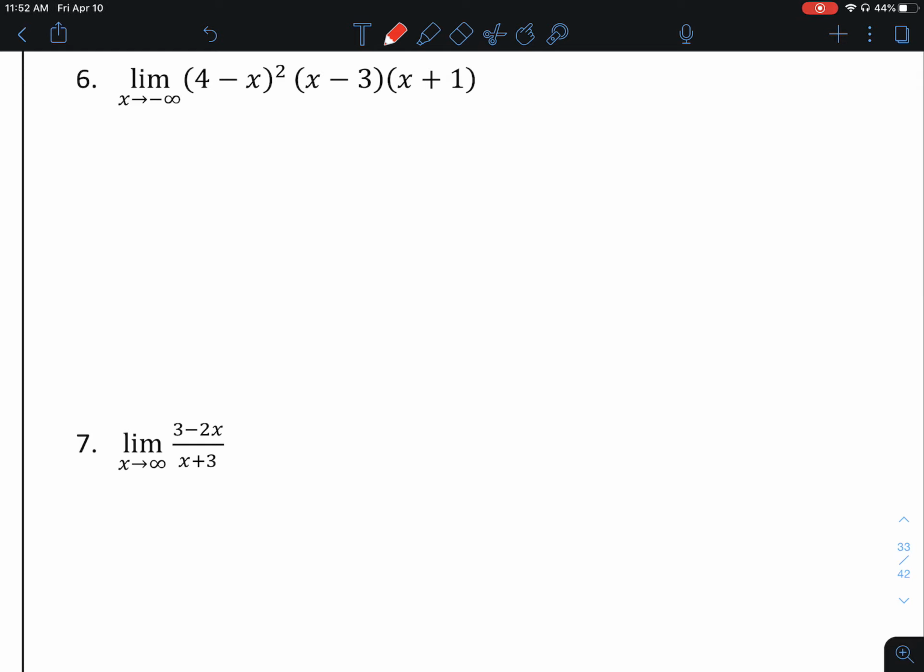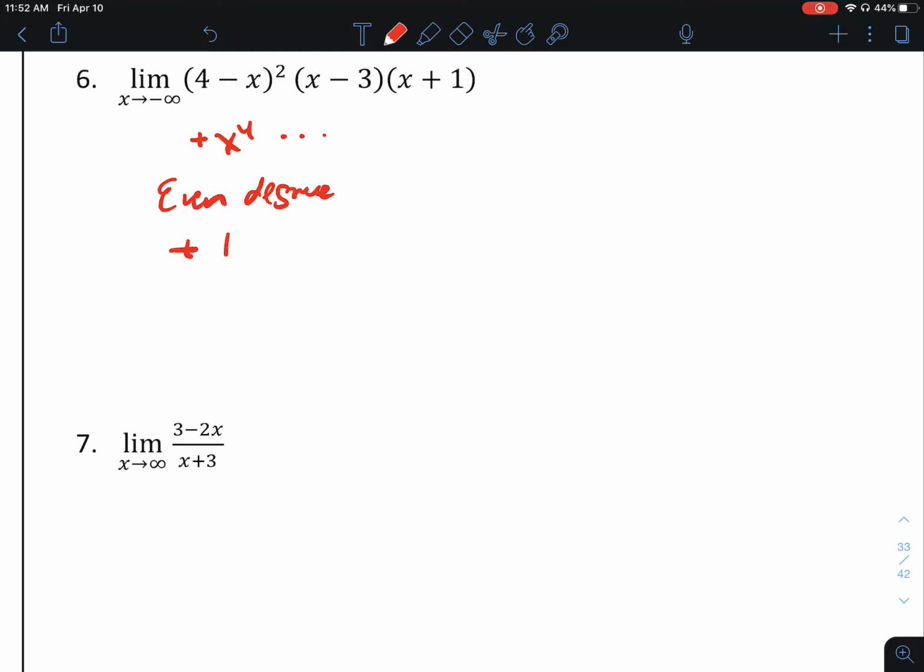First of all, what's the degree of this? Well, if we take 4 minus x times itself because it's squared, this is going to end up with a positive x squared. If we then multiply that by this x and this x, we're going to get a positive x to the 4th. So this is going to end up being a positive x to the 4th and then a bunch of other terms that we don't necessarily care about. This is an even degree,